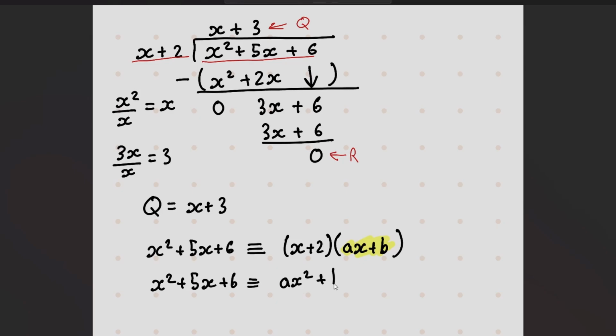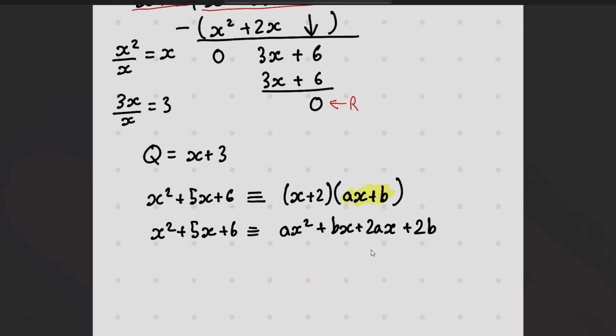You get ax squared plus bx plus 2ax plus 2b. So now you're going to compare the coefficients again, and in this case, we're going to keep the ones in the middle for last. You're going to understand why, because we could straight away find the coefficient of x squared on the right hand side by equating x squared is equal to ax squared. And when you cancel the 2 out, you get a is equal to 1. Likewise, you could do the same for the constant, which is going to be 2b equals 6,